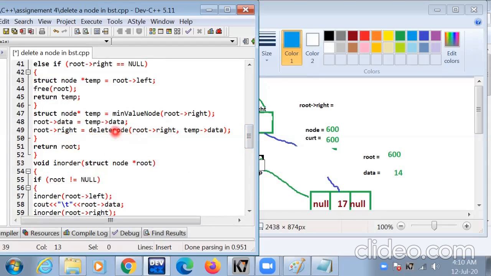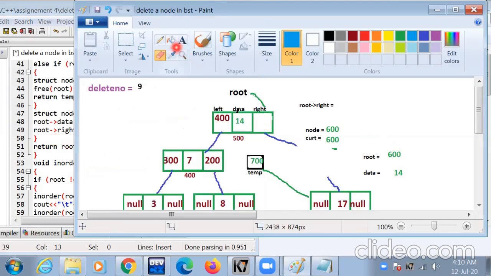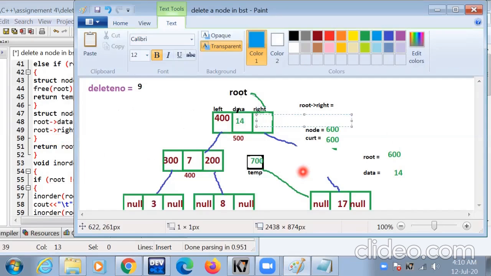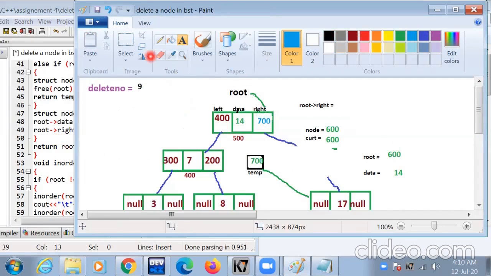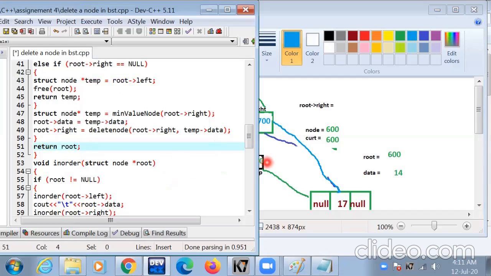The 700 is inserted in root right. Now this node points to this node. Now the 9 value is deleted from this node and we execute this program.